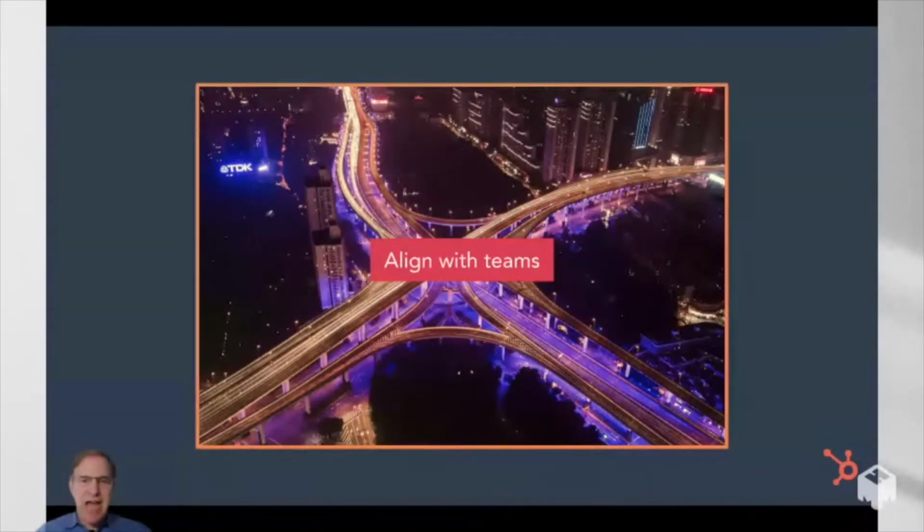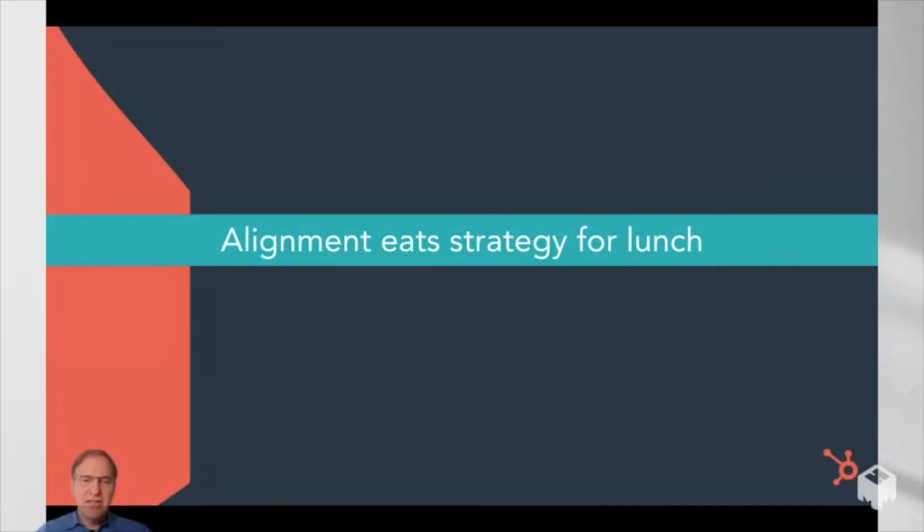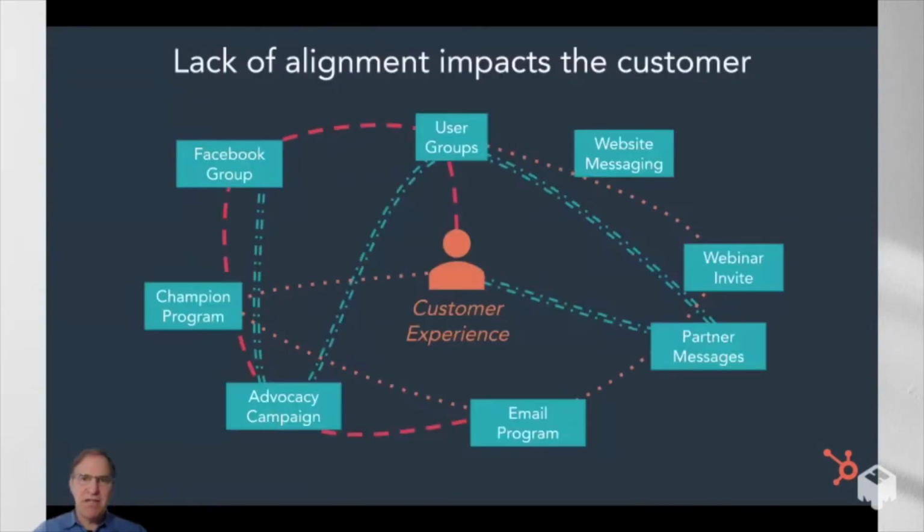The next part of this is, how do you align internally with teams? Our new CEO loves to talk about alignment being greater than strategy. Alignment eats strategy. I think one of the biggest challenges for us as community managers is sometimes we're an add-on. Sometimes it's a siloed experience. So it's really important to figure out how you get integrated with other teams. If you're not integrated, or if these customer-facing groups are not integrated as well, obviously there's a problem. Lots of confusion. You could have people in your champion program.